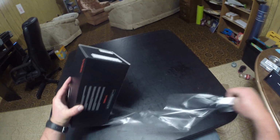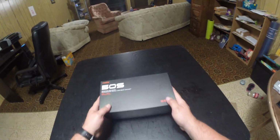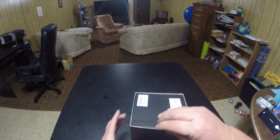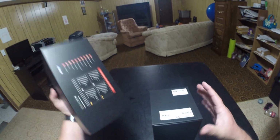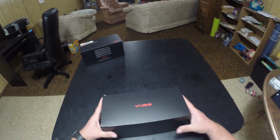Alright. This is my first Bluetooth headset that I've ever owned. So I think it just, yeah, it just slides out. There we go. Alright, so let's put that over there. And then this